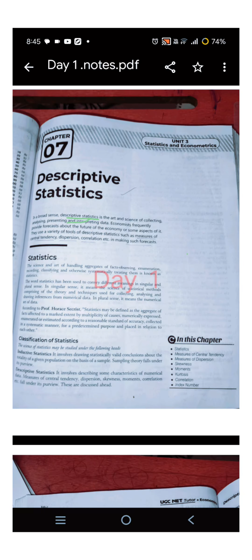Statistics is the science and art of handling the aggregates of facts, observing, enumerating, recording, classifying, and otherwise systematically treating them. Okay, what is statistics? We get it. Then the word statistics has been used to convey different meanings in the singular and the plural sense. In the singular sense, it means the science of statistical methods comprising theory and techniques used for collecting, analyzing,